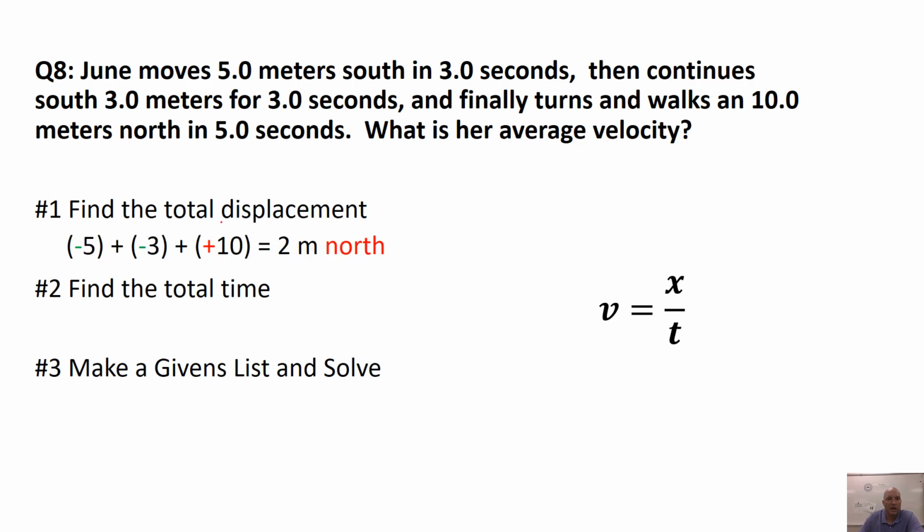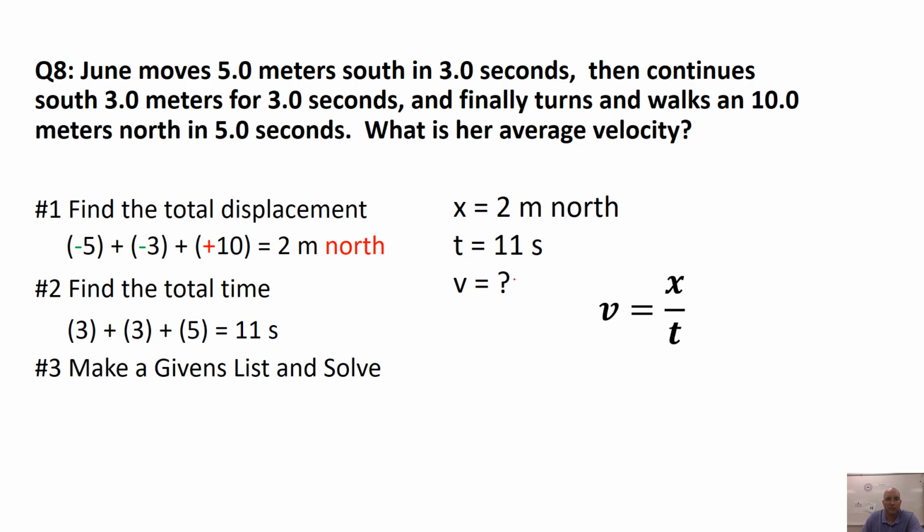Okay, so we have 5 meters south, so it's a -5, and then we have 3 meters south, so this is a -3, and then when we turn and walk 10 meters north, so this is going to be a +10, we add those together and we get a displacement of 2 meters positive, which becomes 2 meters north. We find the total time by just adding the times together. She moved the first segment with 3 seconds, the second segment with 3 seconds, the last segment was 5 seconds. Put those together, we get 11 seconds,